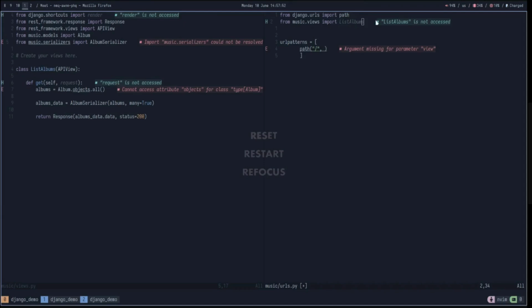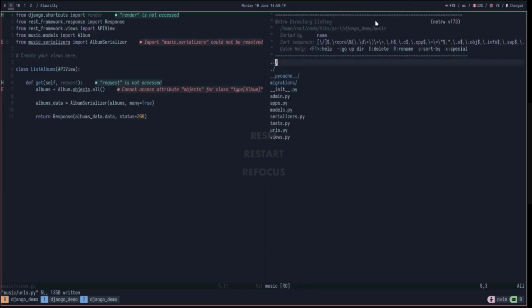To map this, we'll just import it from the views file that we have already, list_albums. So this has mapped this to the URL slash, and now we also need to change the base